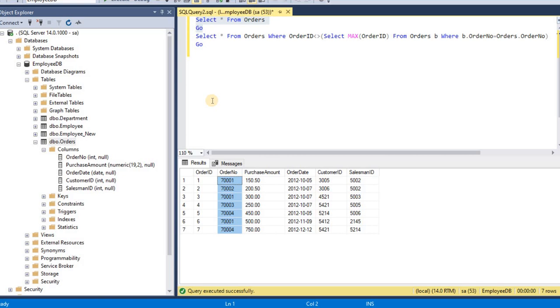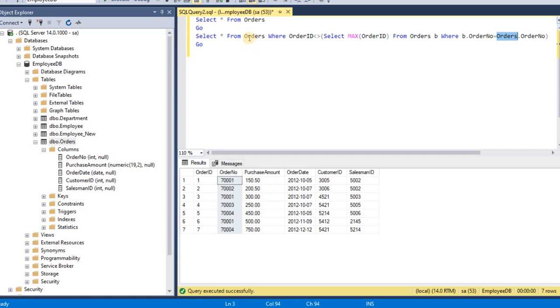First of all we will select the duplicate records from the table, and this is the query: select asterisk from order, where order ID not equal to select max order ID from order B, where B dot order ID is equal to orders dot order ID.